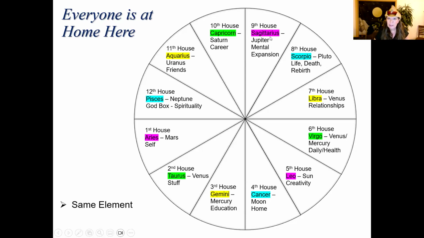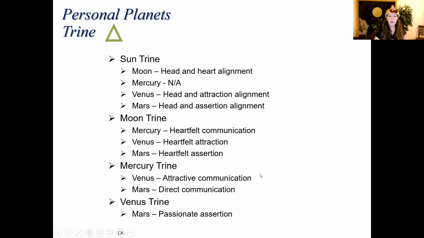Are there other planets that are in a fire sign? If so, you've got yourself a trine. Same thing, same thing, same thing. So here's the fun part. Trines are very, very beautiful because they are in the same element. A lot of people say that if you have a trine, you have a talent. You can superimpose that word, you have a talent in there.